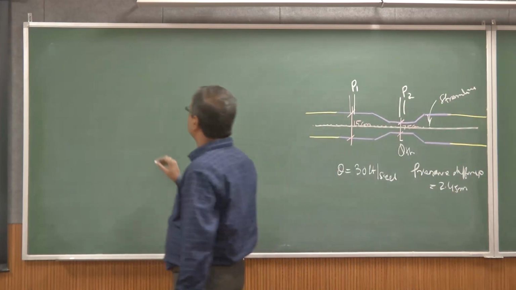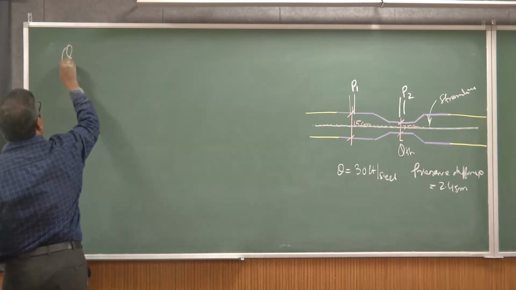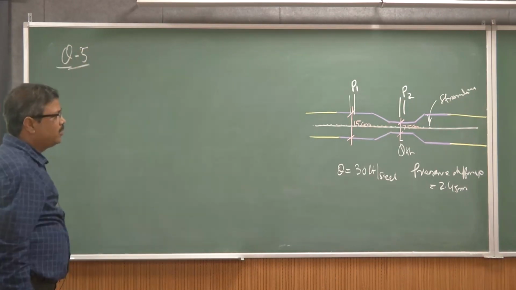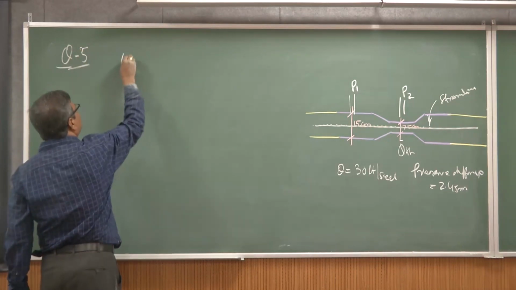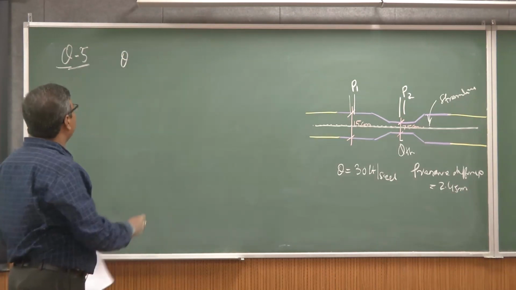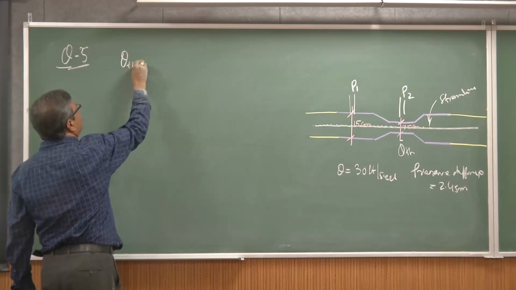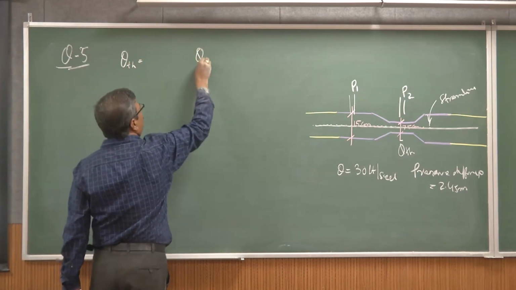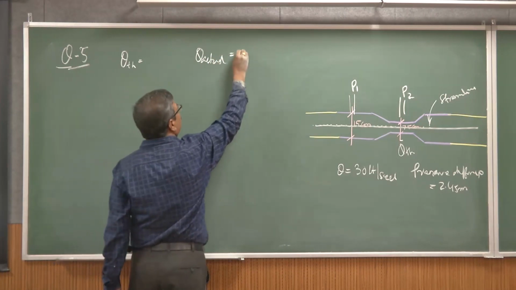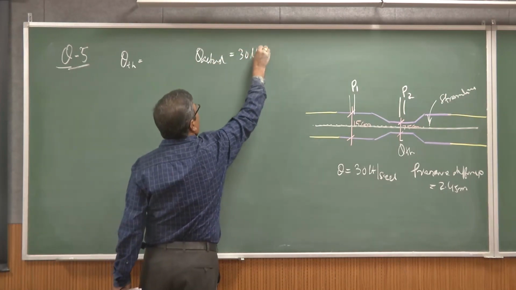In the solution, we are looking for the CD value. If I know Q theoretical, and Q actual is given as 30 liters per second,